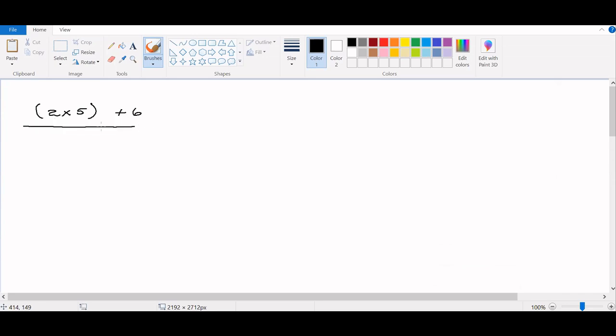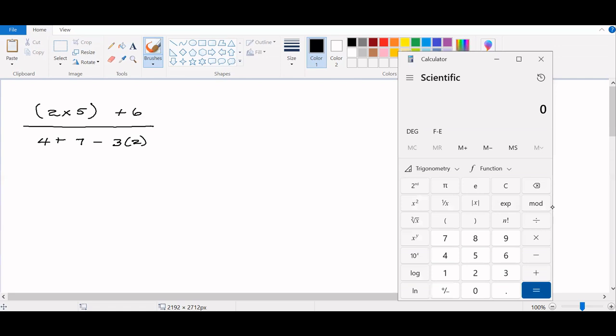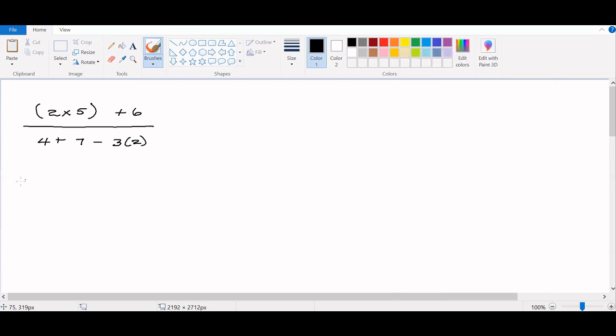And of course, we know that in our fraction, this means divided by 4 plus 7 minus 3 multiplied by 2, right? So this is unusually difficult. So let's put it in the calculator. So let's look at the answer